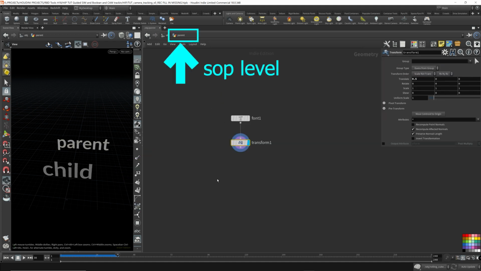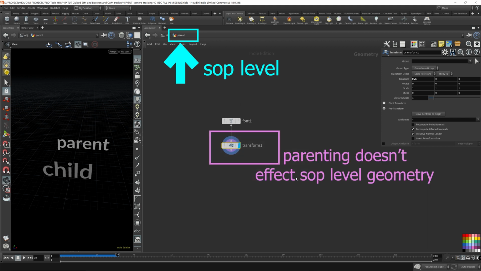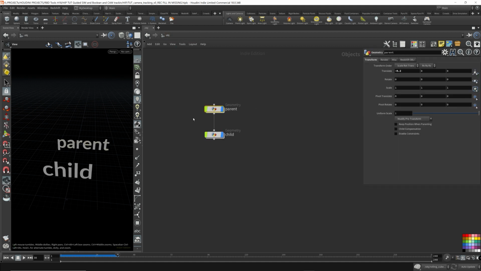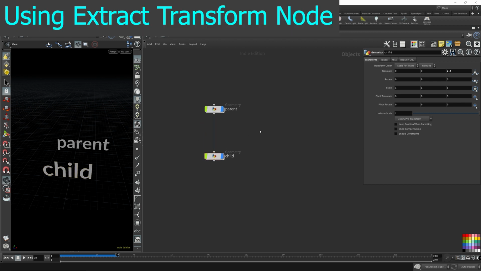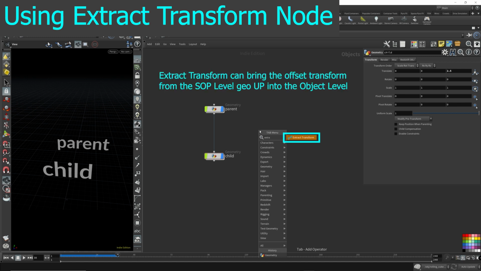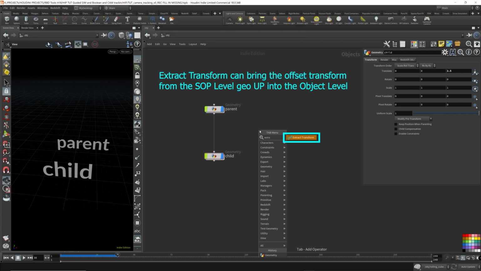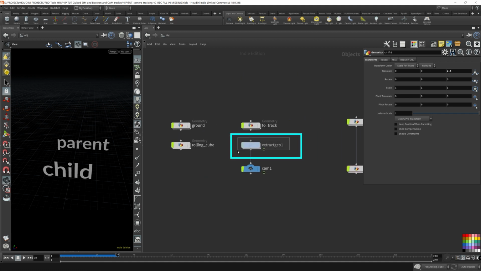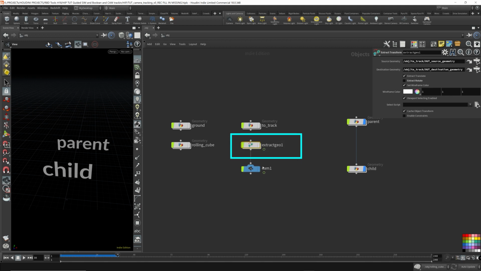Anything that happens inside the geometry level, in the SOP level, won't affect it. The transformation will not carry up here, and this child will not inherit the position from the parent anymore. So that's why we need the extract transformation. This node will actually bring the transformation from the SOP level up into the object level. So this brings the offset position. So that's the reason why we have to add the extract geo. Otherwise,